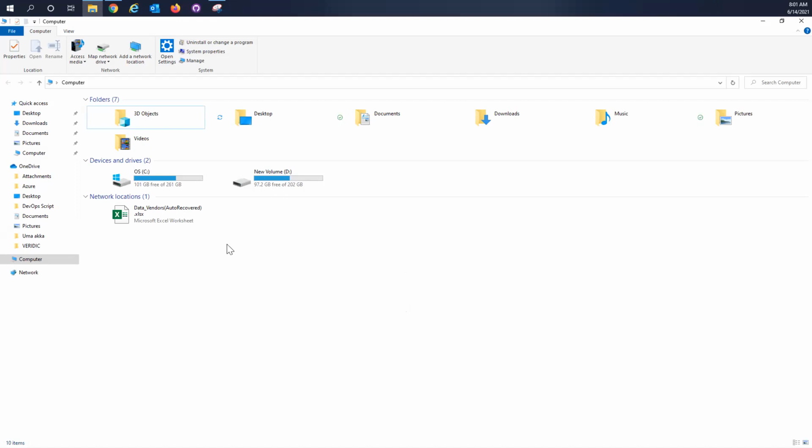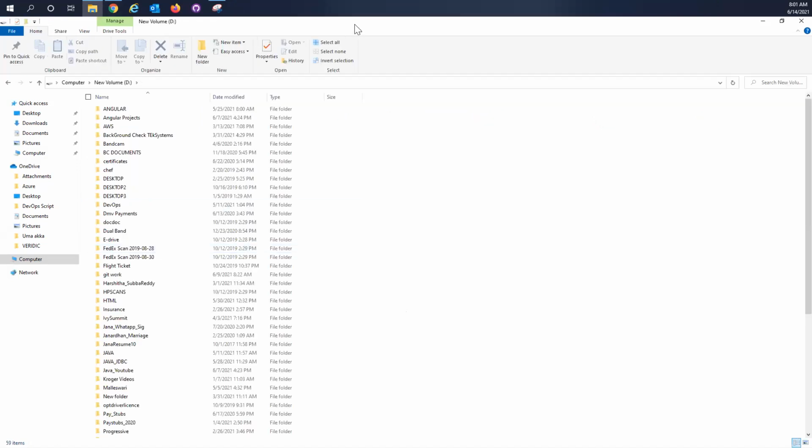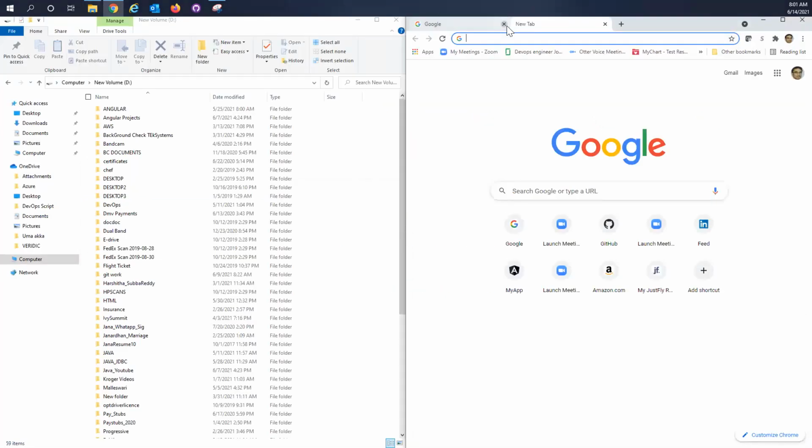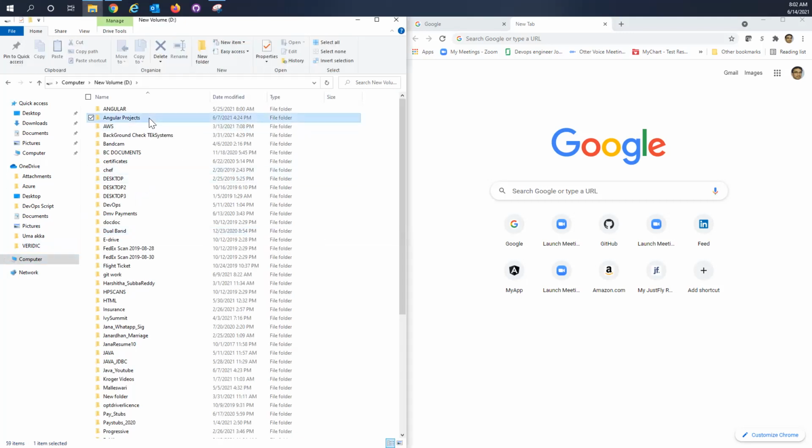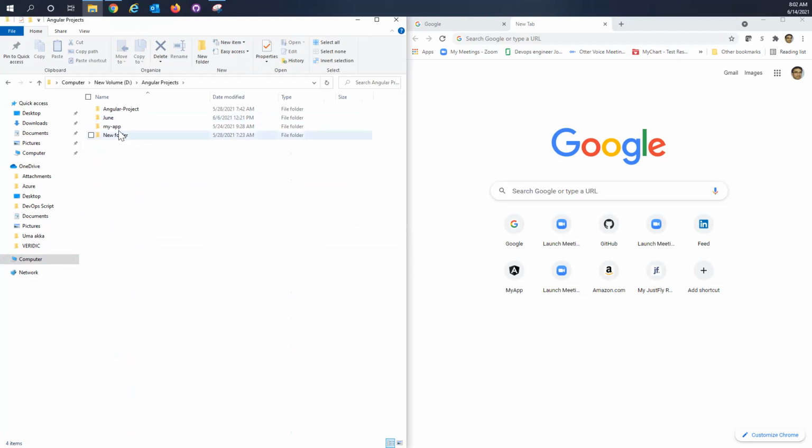Rajesh, you can see my screen, right? Yes, I can. Okay, the one which I got. I'm going to place this one in the projects folder.